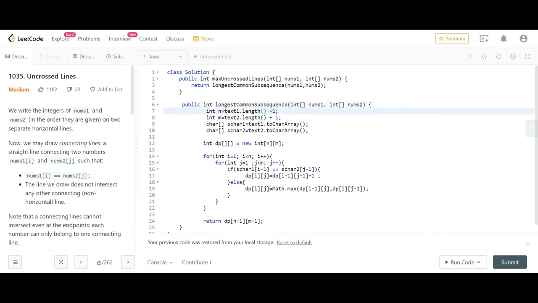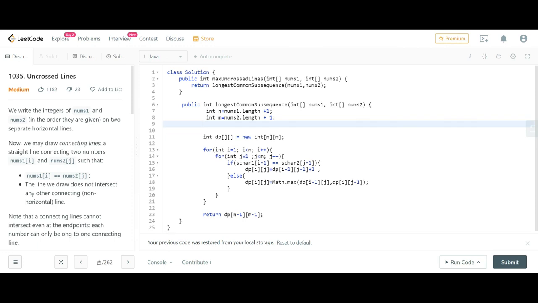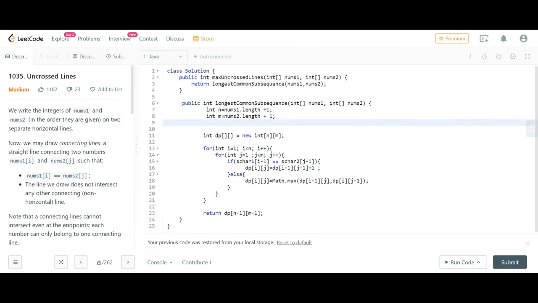Now it will be nums1 instead of text, and it will be nums2, and it will be length without brackets in Java, and this character array is no more required here, and in the dp everything will be the same, and in place of the character array it will be the numbers array, and I think we are good to go.